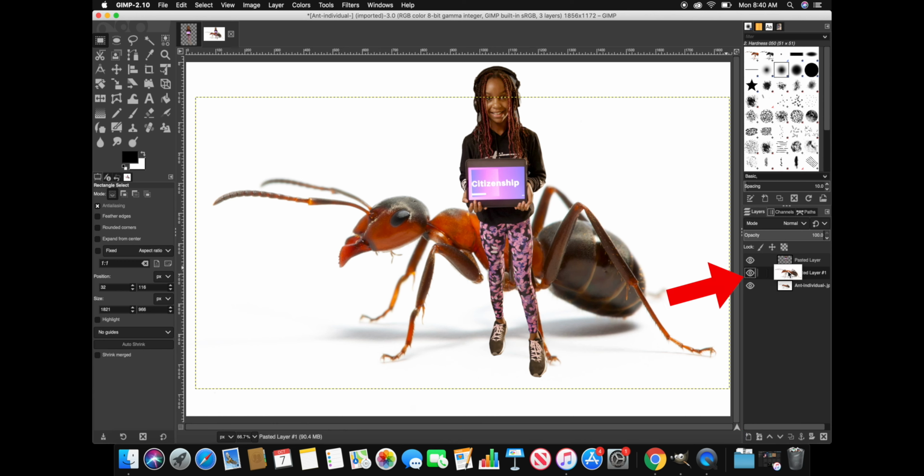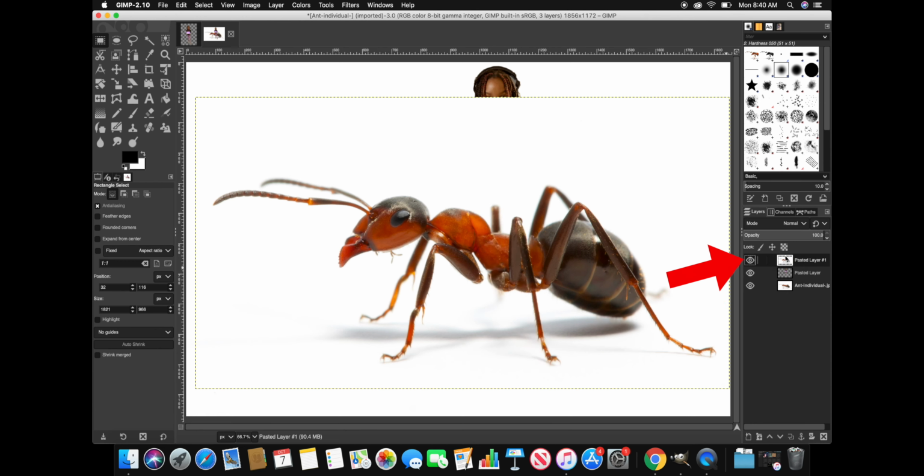And we got to move that ant, the bun of our sandwich, to the top there so that you are in between the two layers. Okay? So there's a layer behind you, and there's a layer in front of you, and you are the good part of the sandwich in the middle. And so now, looking at where you're at versus where the ant is at, it's important that you are housed right there in between them, because we are going to start to erase, one more tool for you guys to learn, we're going to start to erase the white part so that we just kind of get you,